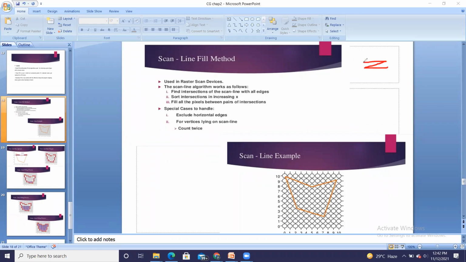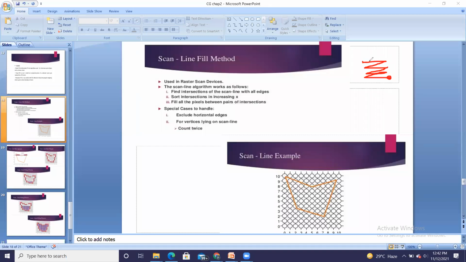I will be starting from the top left, reaching to the rightmost, then coming back to the second row, first pixel, and this process is continued till you reach to the end of the screen, rightmost bottom pixel. So this is your screen. In the same way, here the scan line method is used.